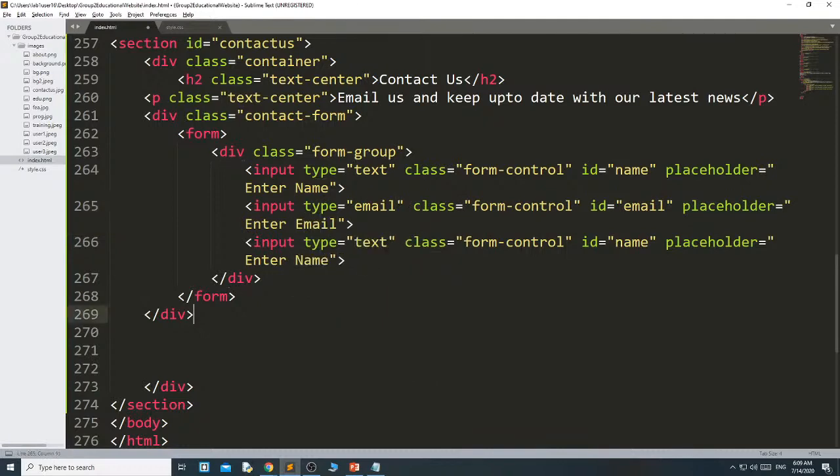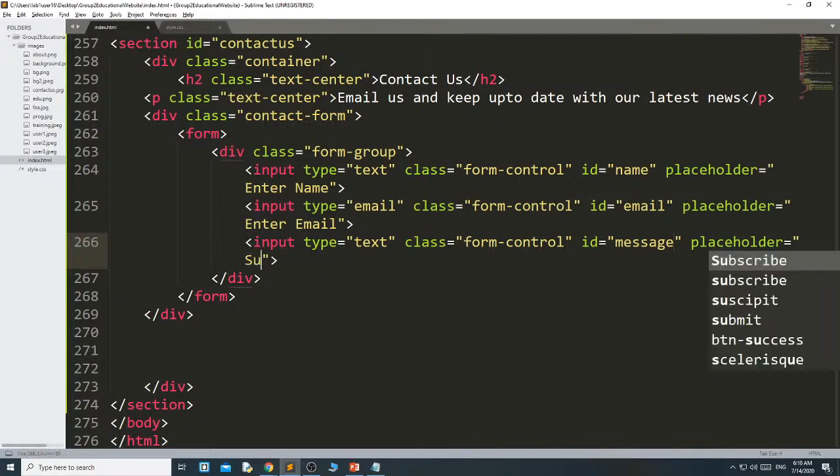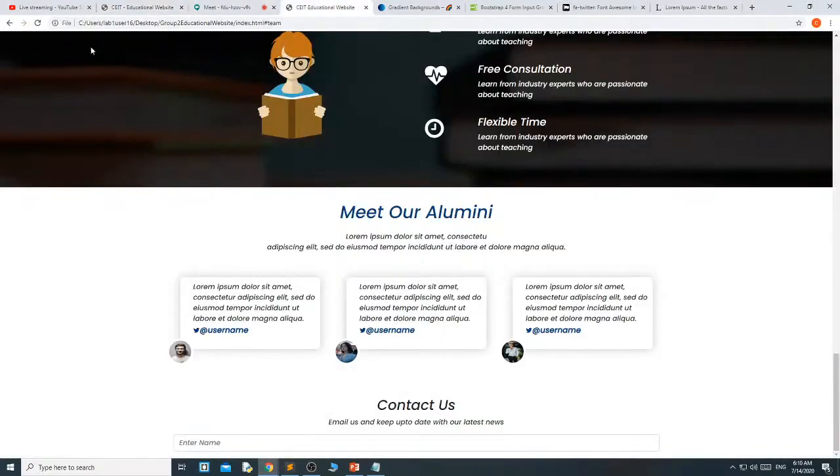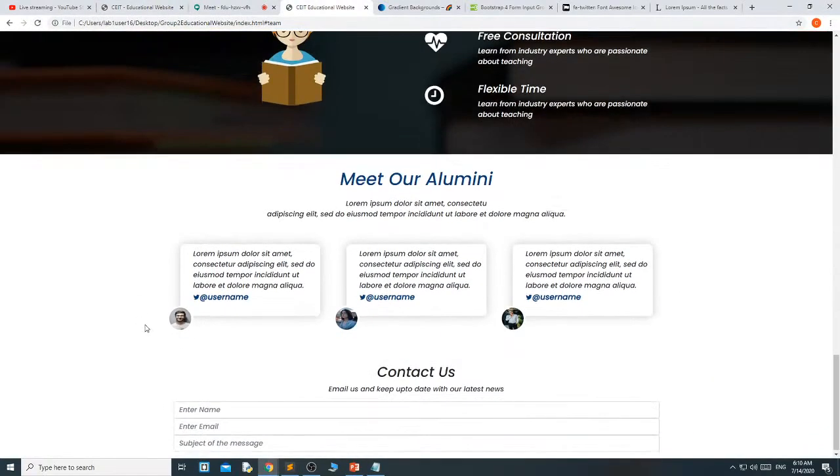Then input type text, ID message, and placeholder, enter subject of the message. Suppose subject of the message. Okay, you will get like this, 3 input text.